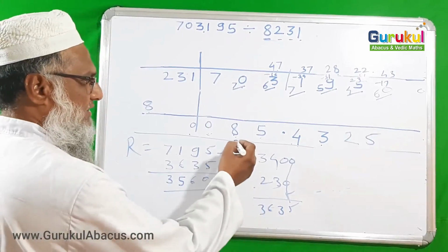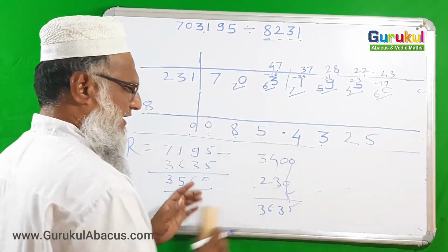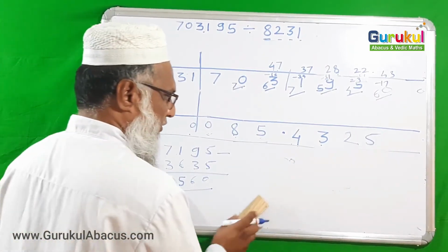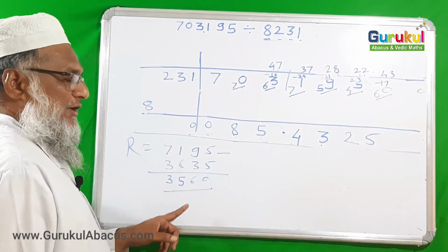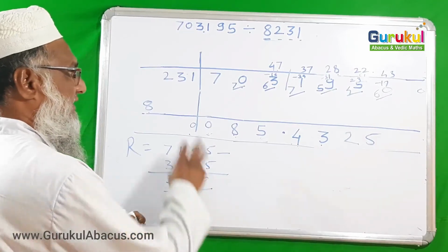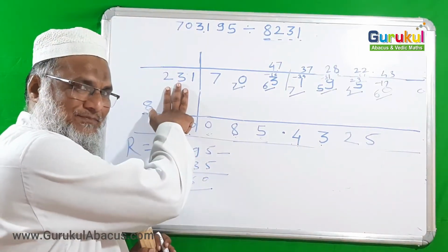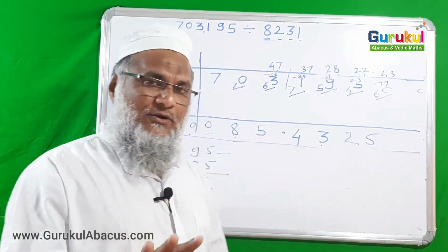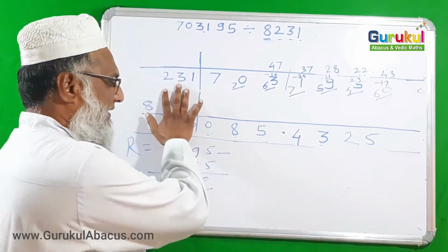And the quotient is 85. You know it, so I am not writing it again. So here you have also found, now you have understood how to find the remainder of the example if there are 3 flag digits. In the previous example, there were 2 flag digits. Now, the only change is what? 3 flag digits are there.